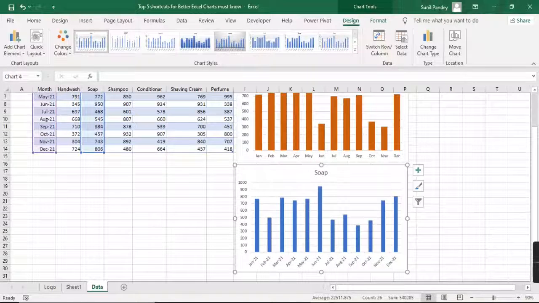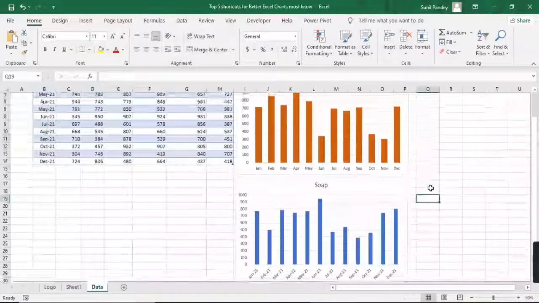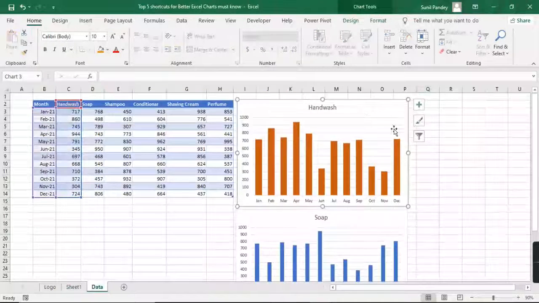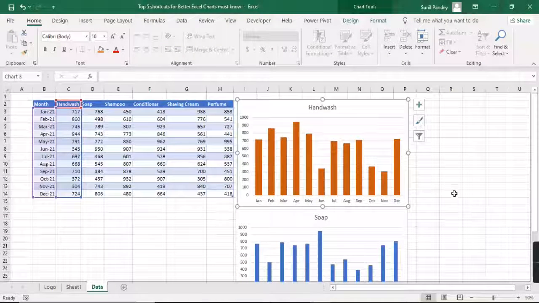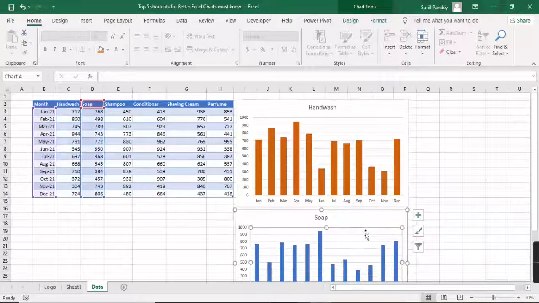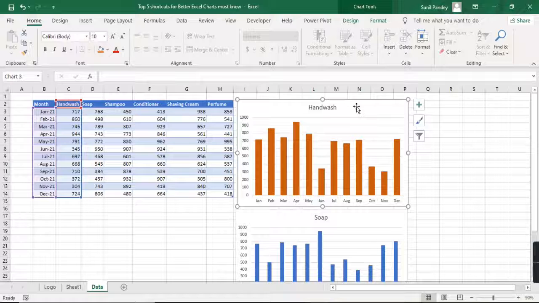Okay, and this one is looking very good, and same thing if your manager wants the same chart and same format for this one also, so again you don't need to do the same formatting again, just copy this